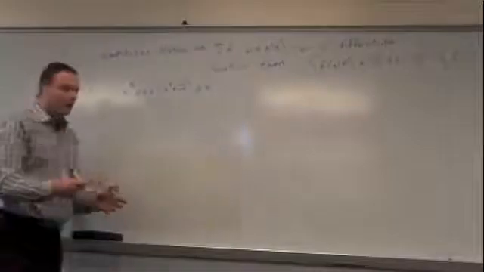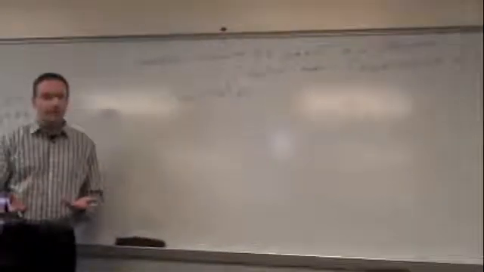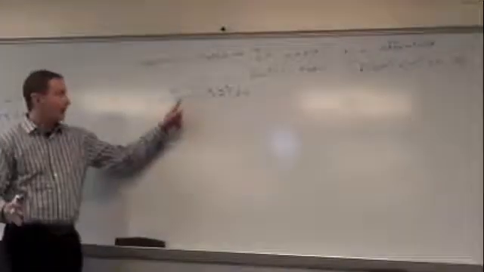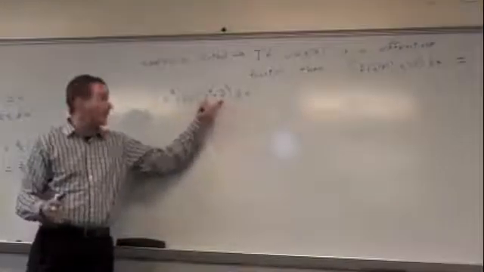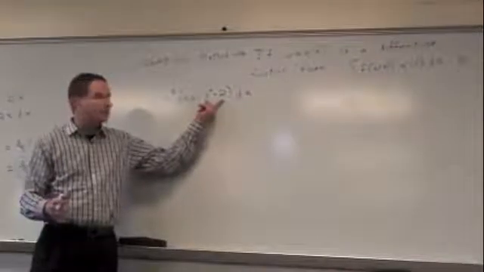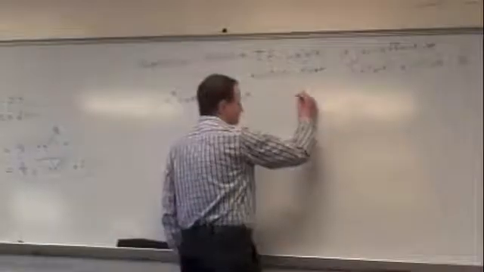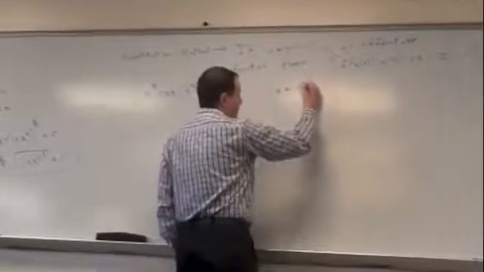This one doesn't work absolutely perfectly, but that's absolutely okay, and I need you to see why. First of all, you need to get comfortable saying, I know what u is in the problem. u is going to be what's inside the function. I have a cosine function. What's inside of it? x to the fourth plus 2. So I'll say, if I let u equal x to the fourth plus 2,